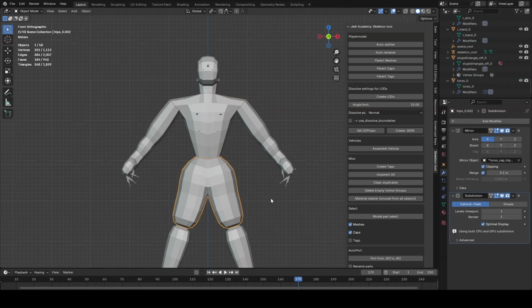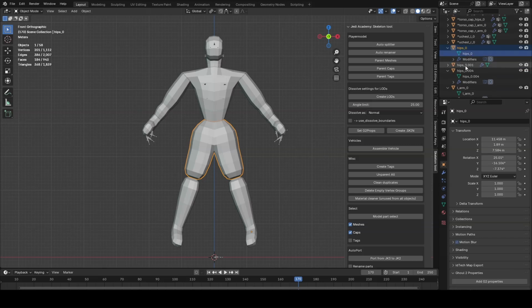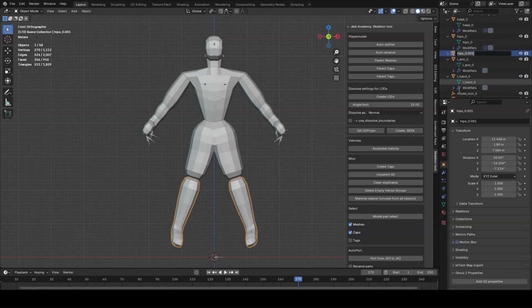We start having our parts renamed. This is head 0, and this is our legs. Leg 0,